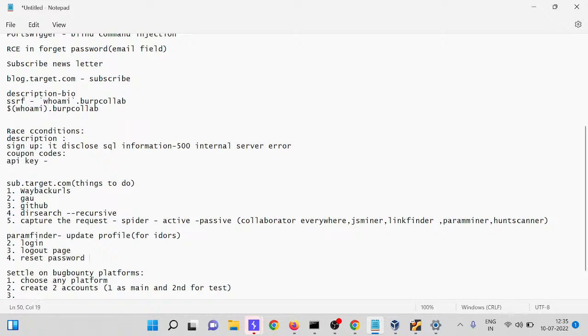What I'm saying about the reset password page: once you request a forgot password, and when you click on the link of the forgot password, you have to run Param Miner on that when you are creating your new password. Sometimes there is a user ID or some similar param in that request. There you can find IDORs.